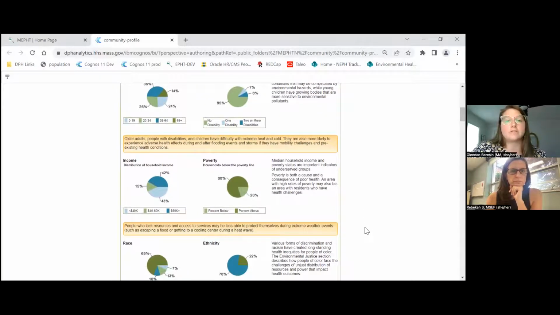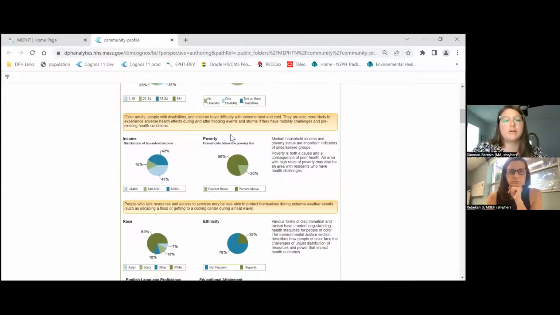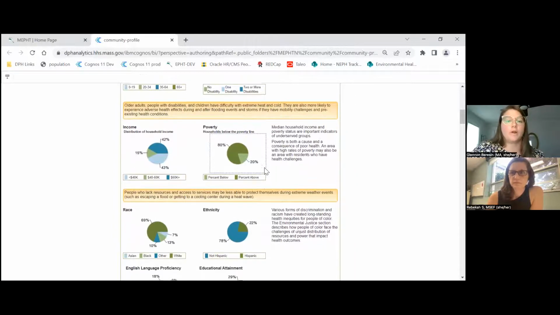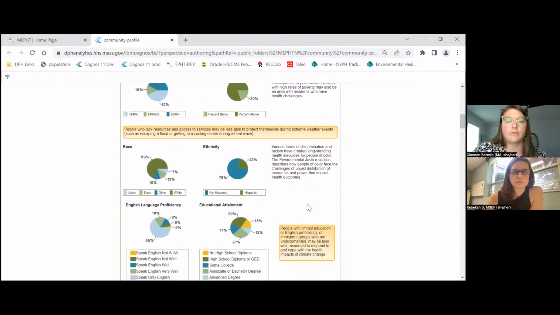So that's first and foremost what we want to include, but it also explains here older adults, people with disabilities, and children that have difficulty in extreme cold. There are folks that have specific vulnerabilities to climate, to environmental exposures, and so we want to make that as clear as possible, putting the people first.